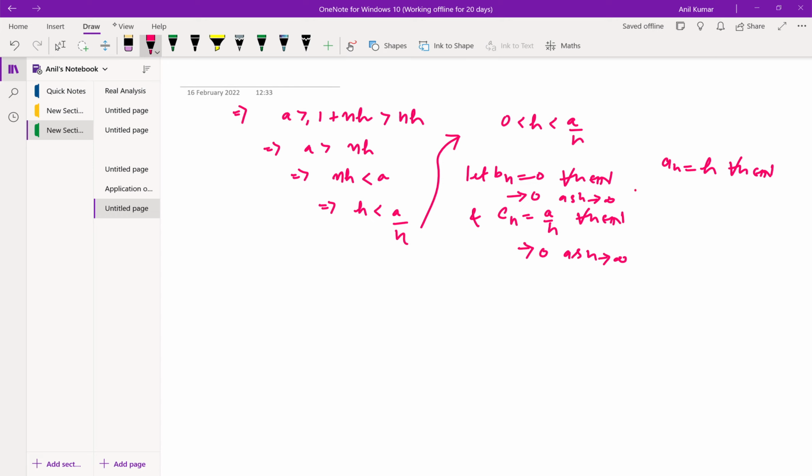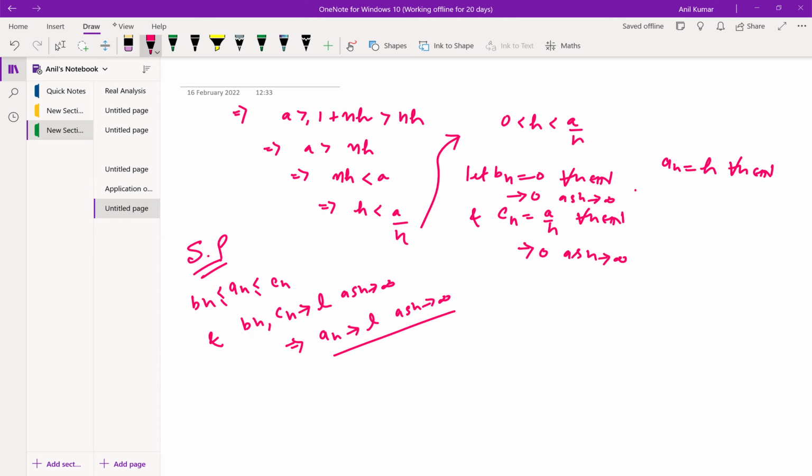So using sandwich principle, which says if we have a sequence an which satisfies this relation, and if bn and cn both tend to some limit L as n approaches infinity, then this condition forces this sequence an to tend to a number L. ठीक है। अगर हमारे पास तीन सीक्वेंसेस हैं, सीक्वेंसेस ऑफ रियल नंबर्स, जो इस रिलेशन को सेटिस्फाई कर रहे हों, such that bn is less than or equal to an and an is less than or equal to cn, और bn और cn अगर दोनों एक सेम नंबर L पे, L रियल नंबर पे टेंड कर रहे हों as n approaches infinity, then ये जो बीच वाला सीक्वेंस होगा, ठीक है, तो ये बीच वाला सीक्वेंस an जो होगा ये भी उसी सेम नंबर L पे टेंड करेगा।